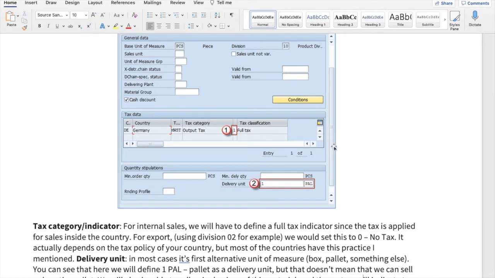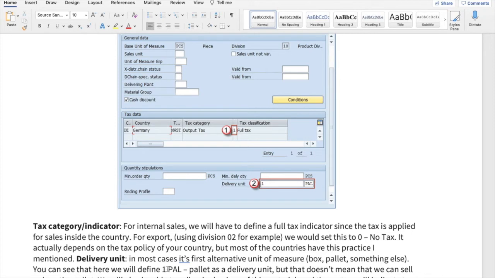So this is what they are explaining, and then there is the delivery unit. What is a delivery unit? A delivery unit can be either a box, or a pallet, or maybe bulk material. So you can write whatever is there. You can first decide that a pallet may be one delivery unit. You can decide that okay, I am going to sell it as a pallet.